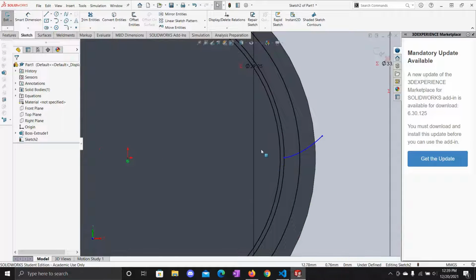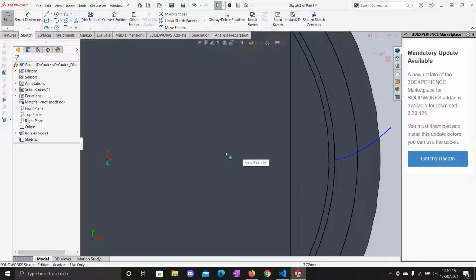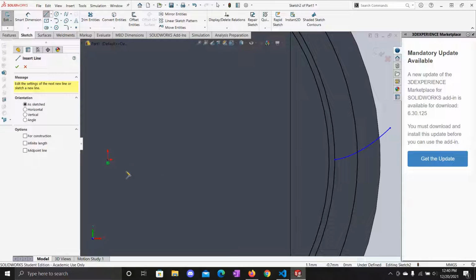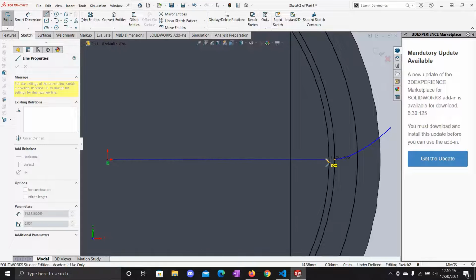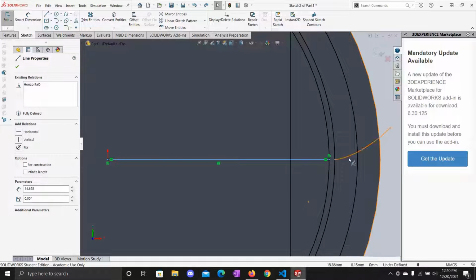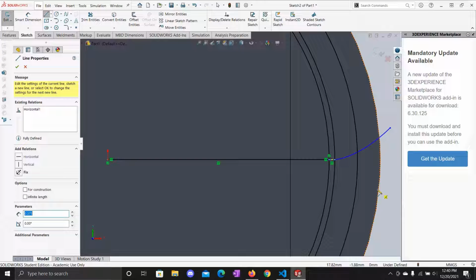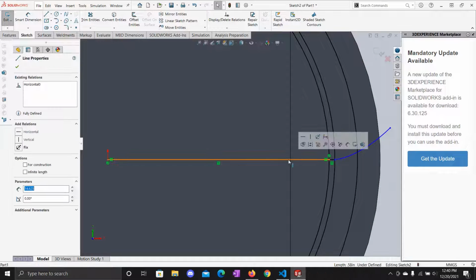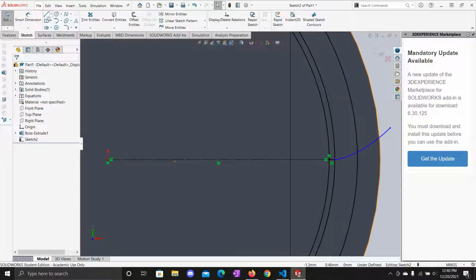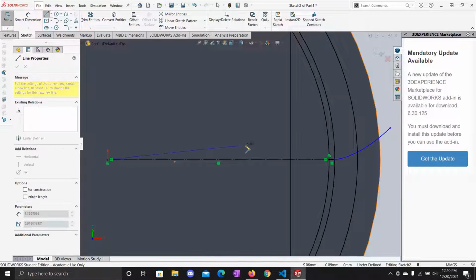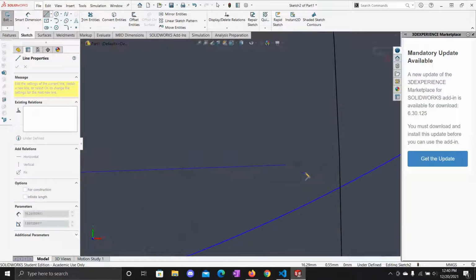So now it's like mostly you have to be a little smart about how we actually do this. So first I'm going to connect this horizontal line to the root diameter, and then from there I'm going to connect from the root diameter to the base diameter. I'm going to make this a construction line. Now I'm also going to make a line that is going to connect from here, and I need this to